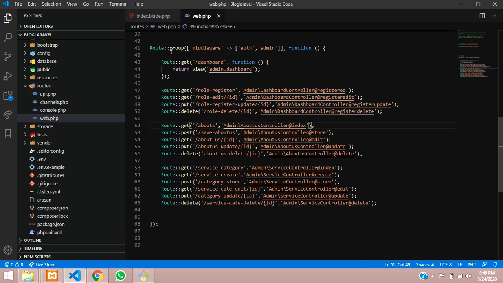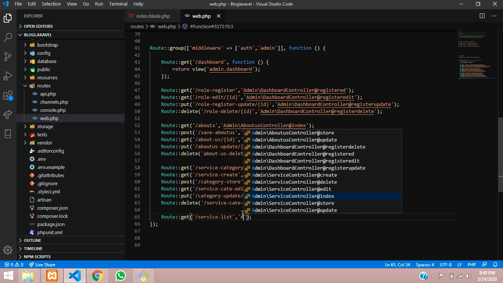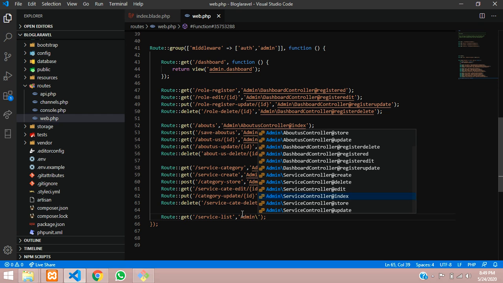When you are using a middleware for admin, inside admin we will create one route with the get method, where I'm going to call the service list. Give a comma and then call your admin folder backslash and your service list controller.